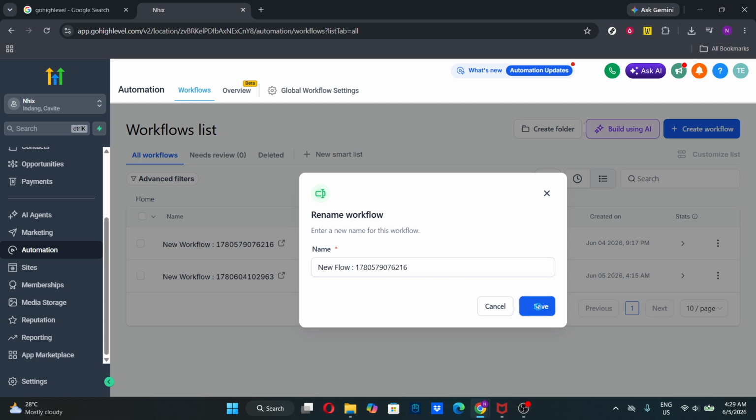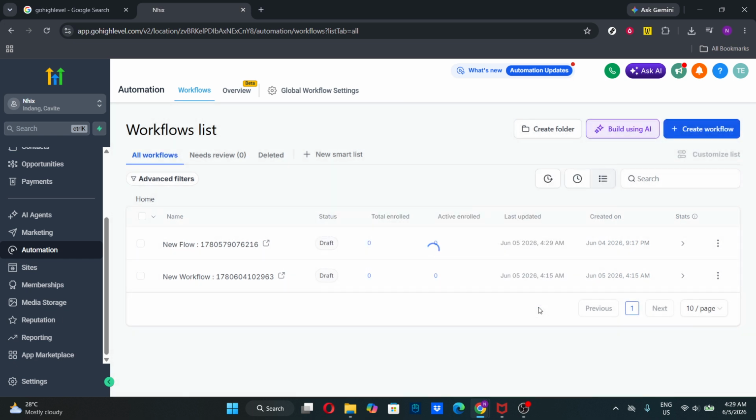And that's it. Your workflow has now been renamed in Gohighlevel. As a quick tip, keeping your workflow names consistent and descriptive can make your automation area much easier to manage over time. If you're working with a larger set of workflows, even small updates like this can make a big